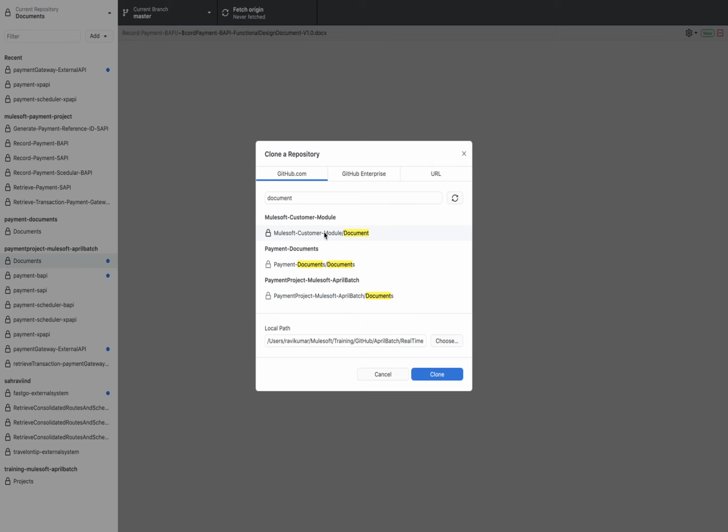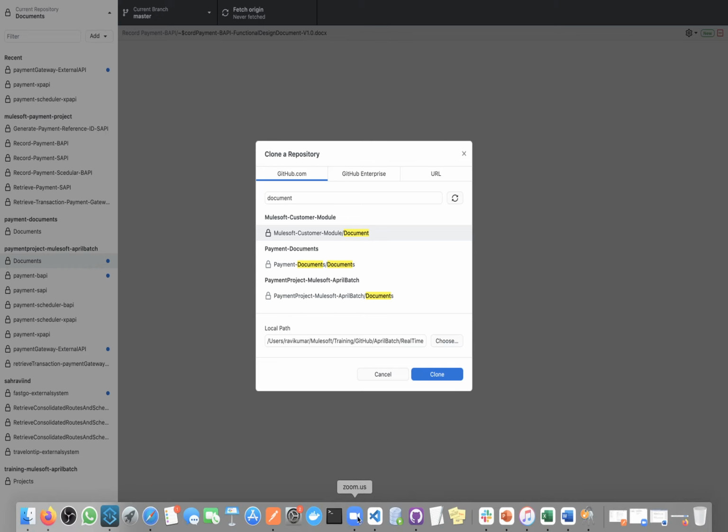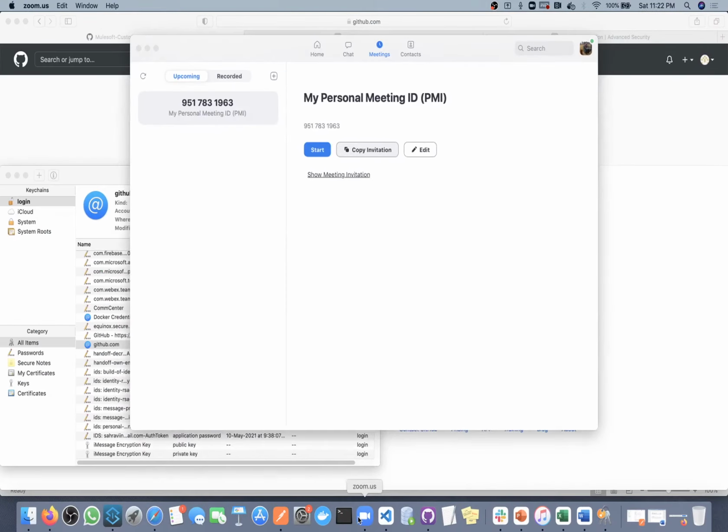Let me know if you are able to see this one. Sorry, you can't see the add option. Okay, better one by one, one person share your screen who can't see, so let me see what problem you are getting.